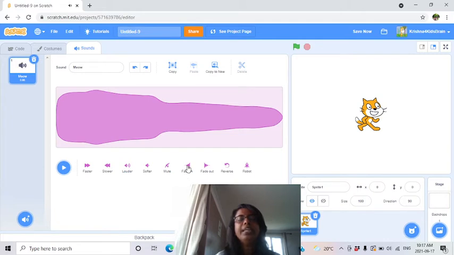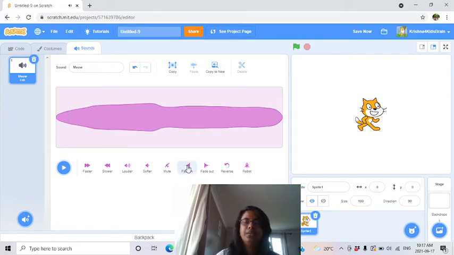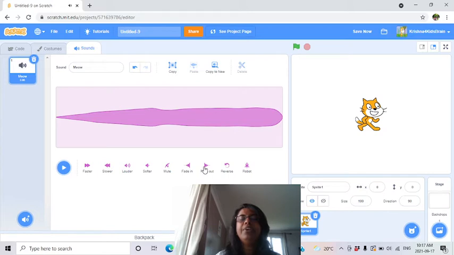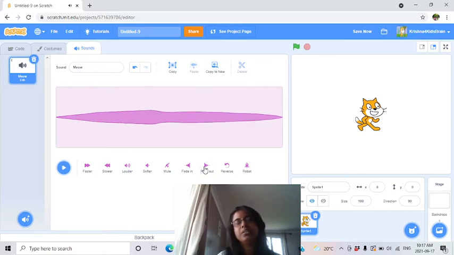Then you can fade in, and fade out, which is from loud to soft. Then you can do reverse, like from behind to front. Then you can make it sound like a robot. Okay, I'll undo the robot sound.